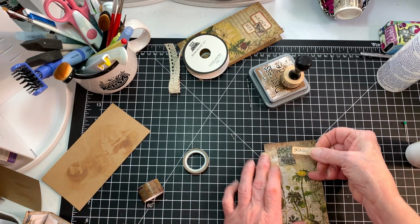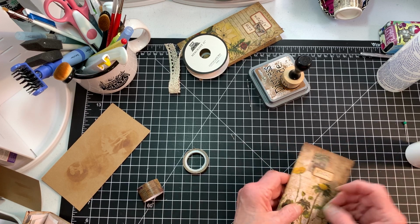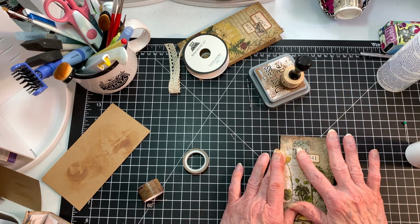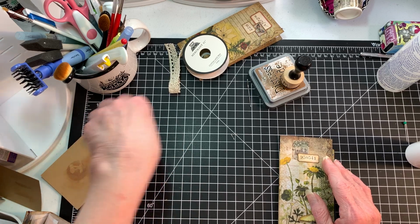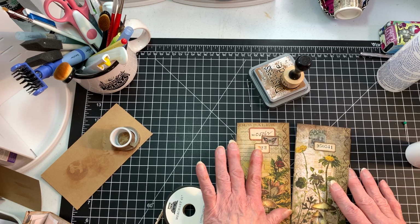Okay, I love the numbers. I'm going to put them right here. Try to make sure it's straight really quickly. All right, so now the easy thing that we're going to do on these two is we're going to actually